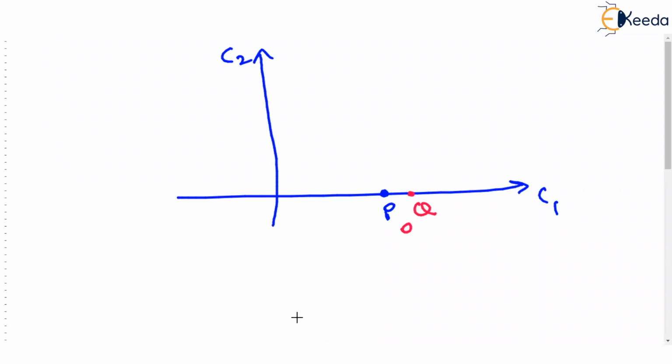Okay, but what if the same point, this Q, was over here? And we are asked, what is the distance between P and Q? Now just see, I have moved this Q over here. P is still there on C1. What is the distance between P and Q? Now the angle made by them is 90 degrees. And you know cos 90 is 0. Then 1 minus cos 90 is 1 minus 0, which will be 1. So here in this case, the distance between P and Q will be 1.